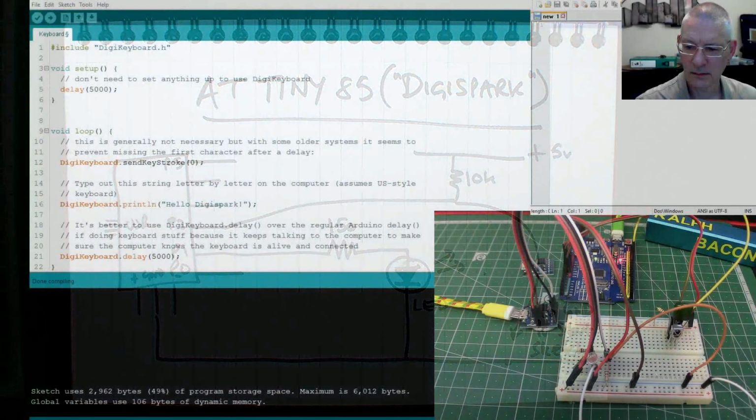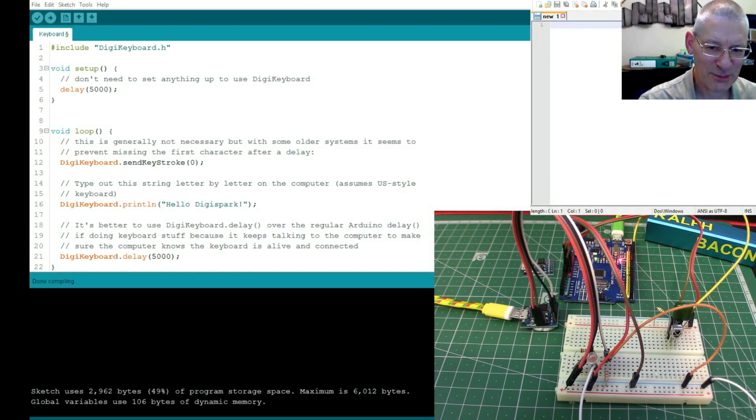That's it. Right, that was a bit of fun and games getting all this set up, because I don't want it writing all this hello Digispark all over my code if I can avoid it, or my video setup or anything else. So first thing I'm going to do is take me off this video, because you don't need to see me, but you do need to see this behind me. This is Notepad here, which I'm hoping is going to be written to by this. When I plug this in down here,